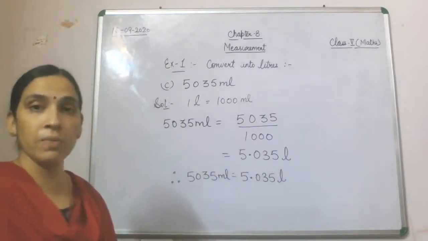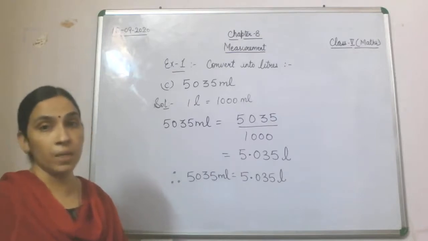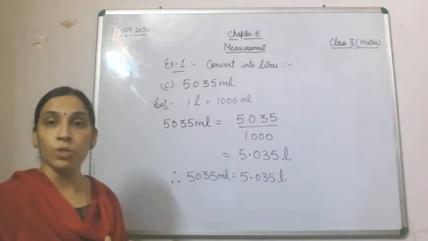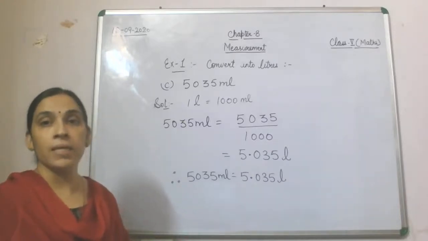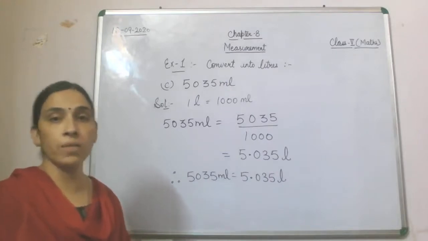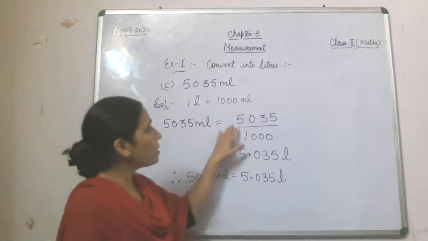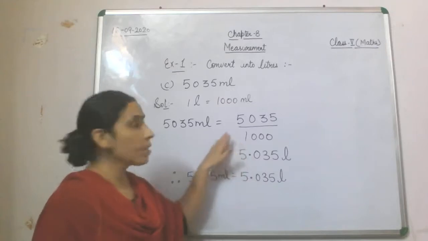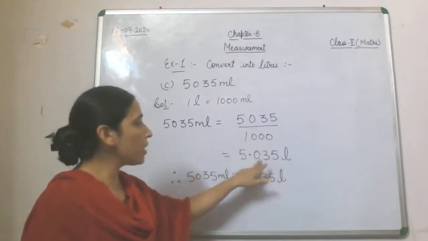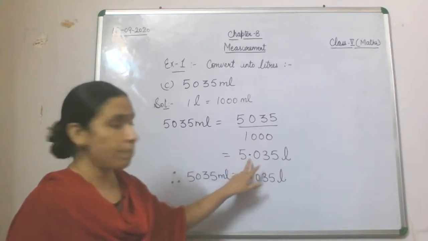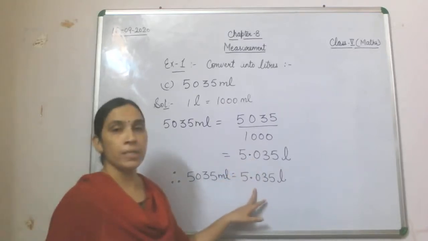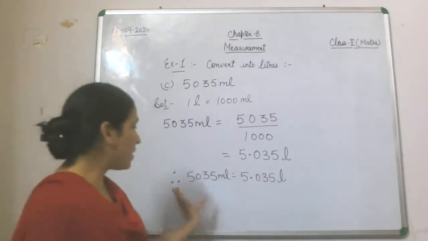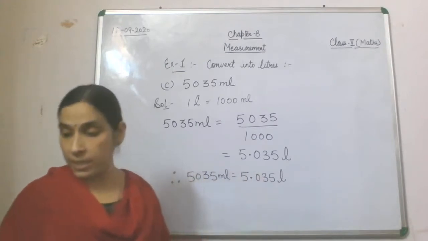See what we have done in this question. You have been given 5035 milliliter. Again a smaller unit is supposed to be converted into a bigger unit. So what you will do, you will do division by 1000, because in 1 liter we have 1000 milliliter. So this 5035 milliliter will be divided by 1000. Count from the back 1, 2 and 3 and put the decimal over here. So the answer here is 5.035 liter. So we have converted milliliter into liter by division.